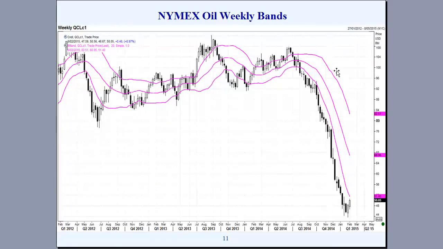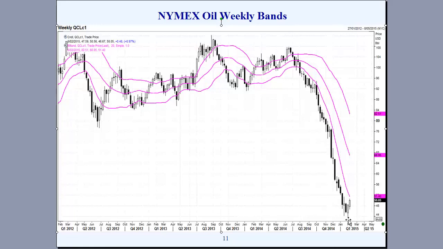And just looking at the weekly charts with the bands, and here we had a nice early warning of a downtrend in place, with the market trading down through the 100 level, very important area, breaching the lower band. Lack of follow through, but then we eventually did see strong follow through in a couple of candles. We're always waiting for the market to breach the support here around 92, and we did that in a strong bearish manner, and then breached the next support in a strong bearish manner, and we saw the trend just totally fall apart with all of this price activity down below the lower band.